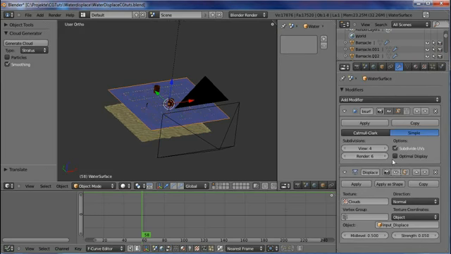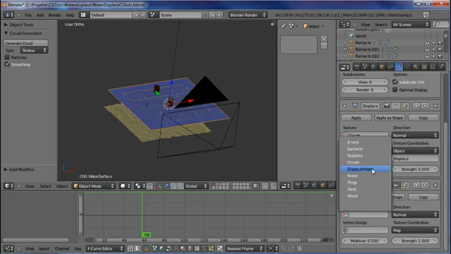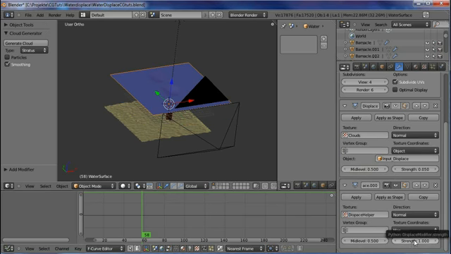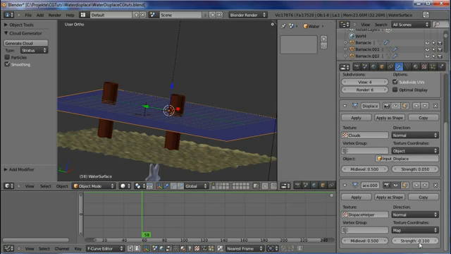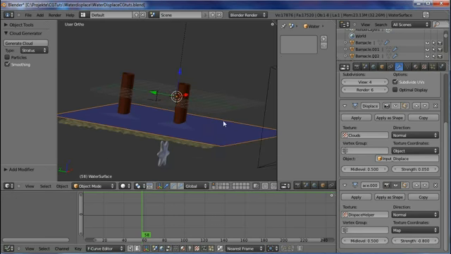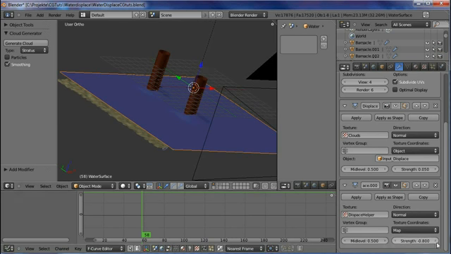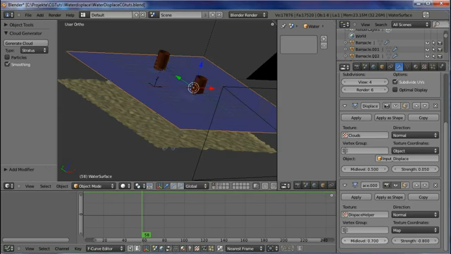And let's select the water plane and don't show the displacement, but add another modifier, another displacement modifier. The texture, of course, will be the displacement helper, and the strength should be -0.1 or something. Okay, that was too much. The reason why this is going up so much, or in this case down so much, is because white will push it up, and black will push it down. So in order to correct that, we can use the mid-levels,